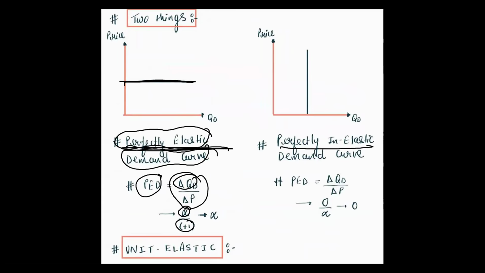And the other is perfectly inelastic, just like the example of the person who was suffering from cancer, right? There is no change in demand. If he needs one tablet, he will need one tablet in spite of a drastic change in price, right? So PED is equal to 0. So you should remember, for the perfectly inelastic case, price elasticity of demand equals 0, and for the perfectly elastic case, price elasticity of demand equals infinite. So one condition and the graph looks like this, you should remember.